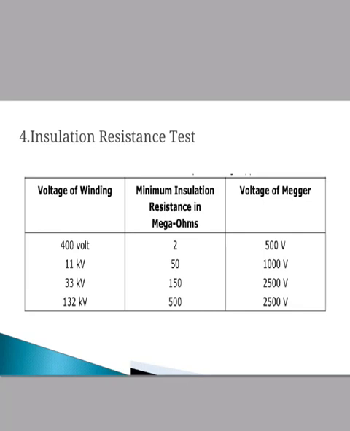Similarly, we measure the insulation resistance between the body of the transformer and the winding. If the insulation resistance is 0, it indicates that there is a short circuit between the body of the transformer and the winding. The insulation resistance depends upon the voltage. According to the system applied voltage, we have to maintain proper insulation between the two windings, and between the body of the equipment and the winding.